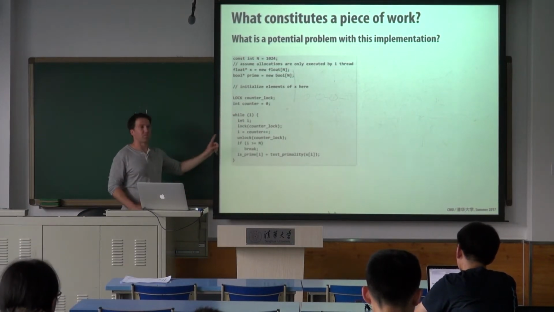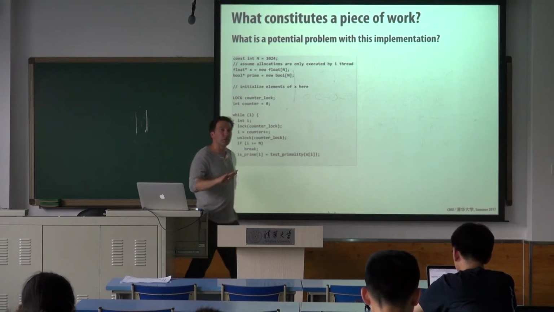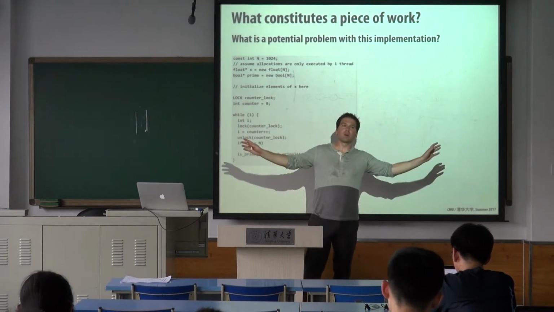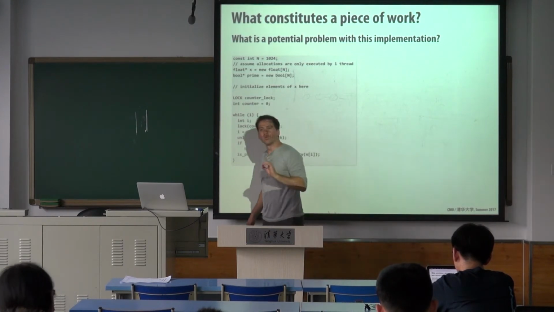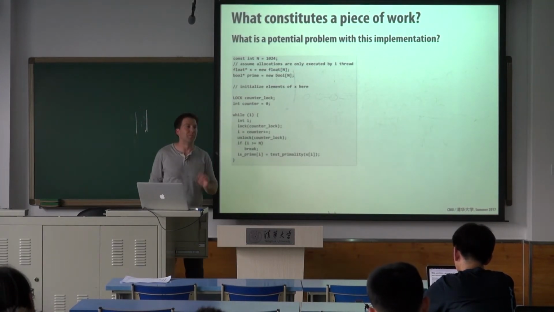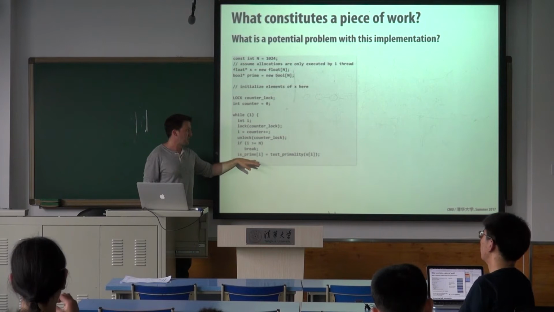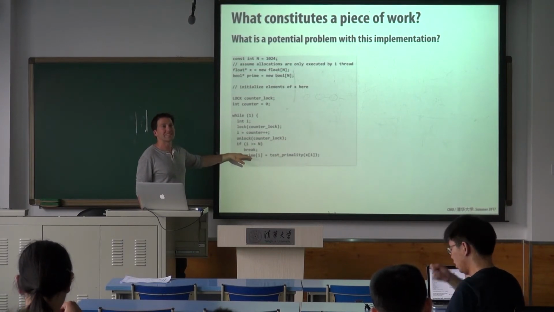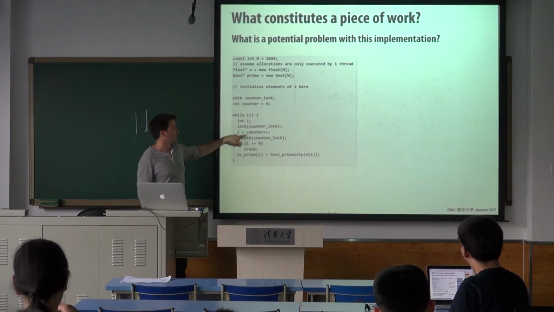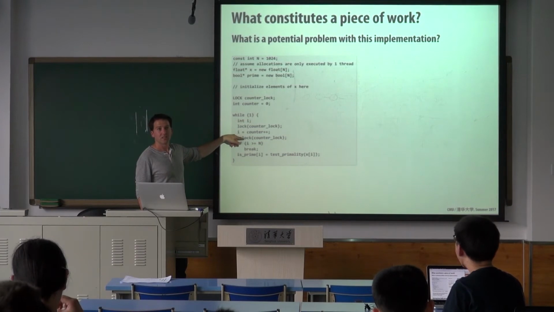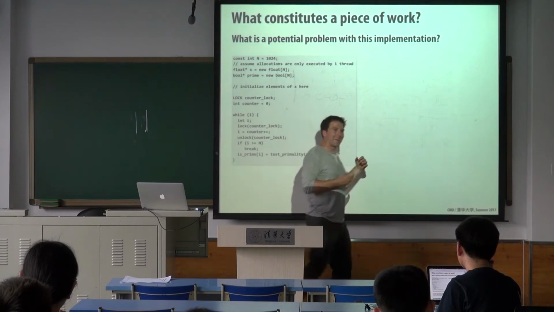But there's a performance problem with this implementation. What's good is that all of my workers are now doing about the same amount of work. Let's assume that there's no workload imbalance. But there's a problem here in that, for example, many primality tests will be pretty cheap to test. And sometimes this lock is not very cheap to actually acquire, because